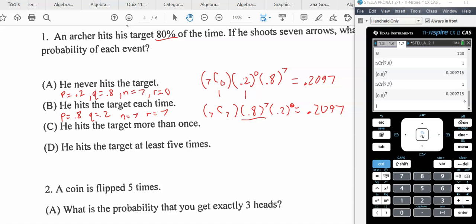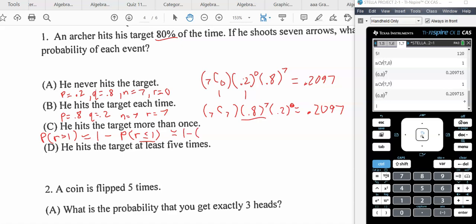Okay, so hits the target more than once. So this is a great idea of the complement. So the probability of, let's say when R is greater than 1, is going to be equal to 1 minus the probability of R less than or equal to 1. So I've got 2 to plug in there. We've got to plug in an R value of 1 and 0 there. So 1 minus,